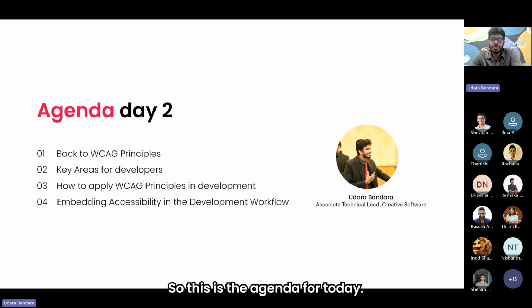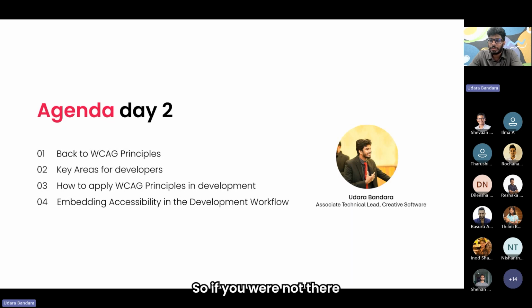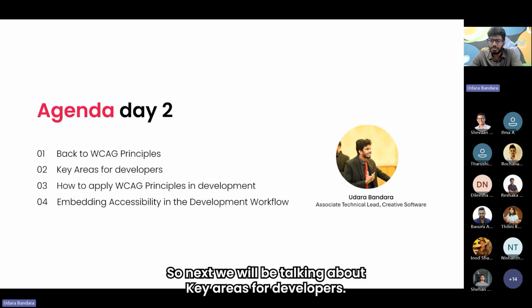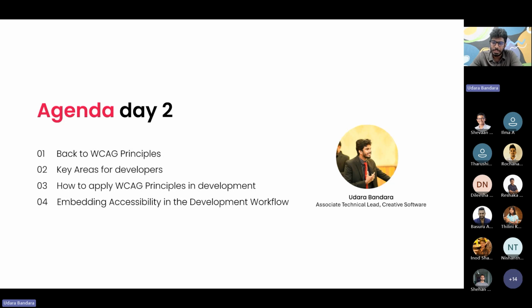So, this is the agenda for today. We will have a quick recap of what we covered in the last session. If you were not there, no worries. You can still follow along, and you can watch the video later. Next we will be talking about key areas for developers. Here we will be highlighting practical areas to focus on during development, and